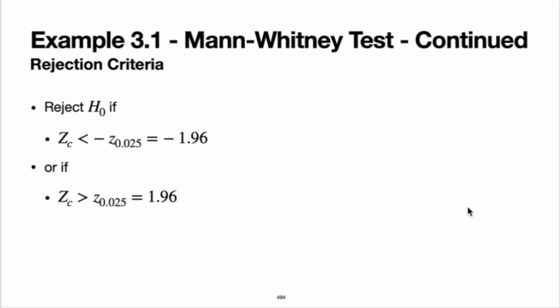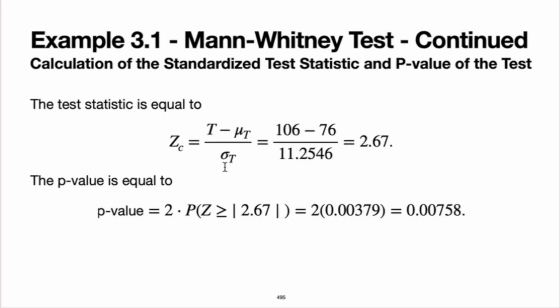11.2546. And then we specify the rejection criteria. And remember, again, that the reference distribution for this approximate test is the standard normal distribution. And so I'm getting these critical points from the standard normal table. And then we calculated the value of the test statistic, which for this approximate test is equal to T, which